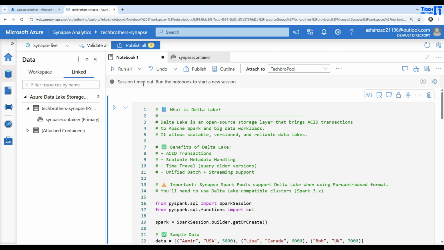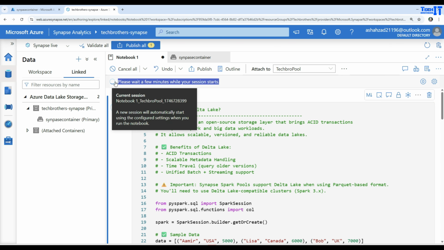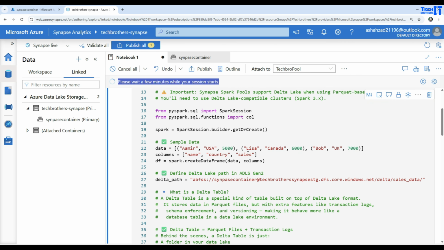It's going to restart, and then we will take it from there. Okay, so please wait for a few minutes while your session starts. This is going to take a couple of minutes before it starts. Meanwhile, I'm going to take you to the Synapse container in this storage and show you some folder